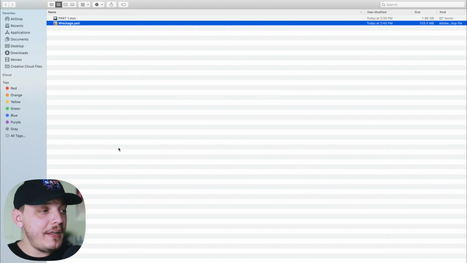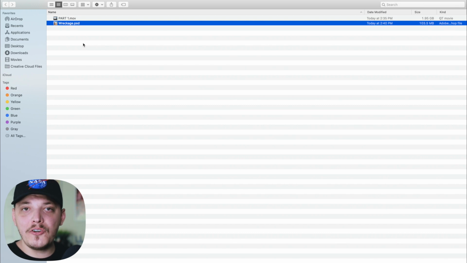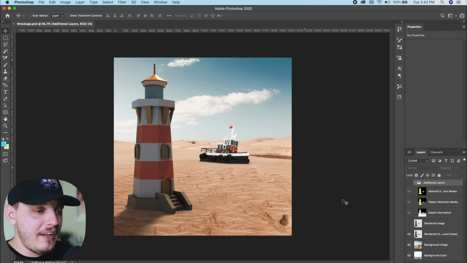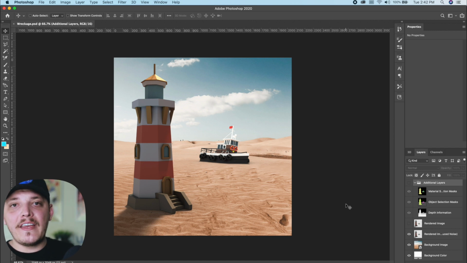Once your render is complete, you will see a PSD file on your desktop or wherever you saved your file. Once you click on that file, it will open it up in Photoshop, and this is what it is going to look like. And I think it looks pretty damn good. I mean, all the shadows are where they need to be, and it definitely looks like these objects belong in the scene. But I always like to take things a step further, because this looks good, but you could definitely